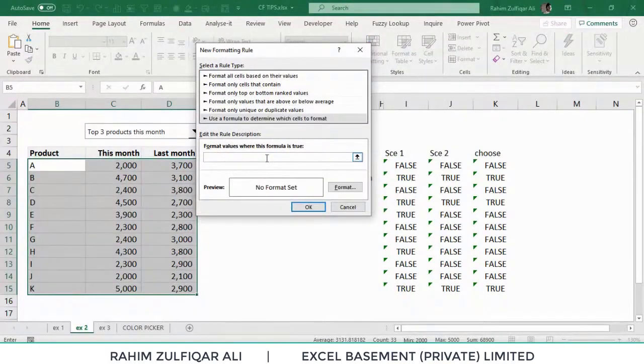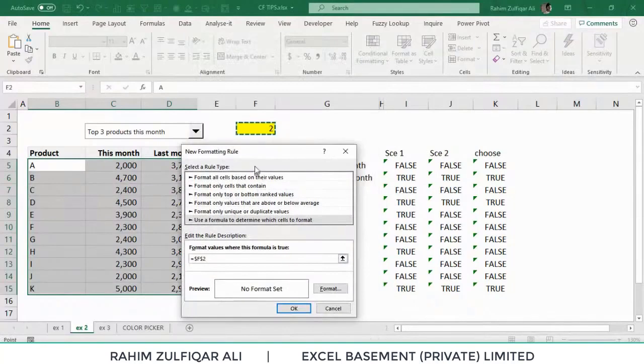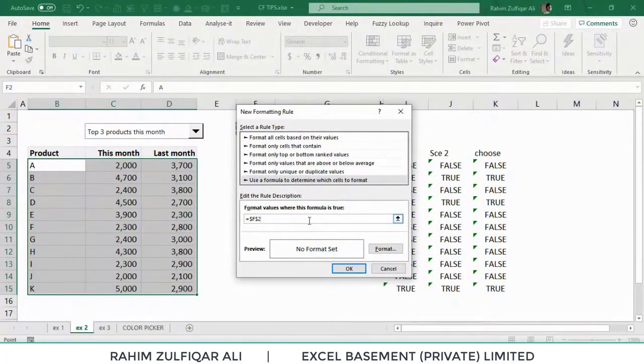Click on that, and here we start with an equal sign. If the F2, or no, that's not F2, if K5 is equal to true, then that specific row will be highlighted.